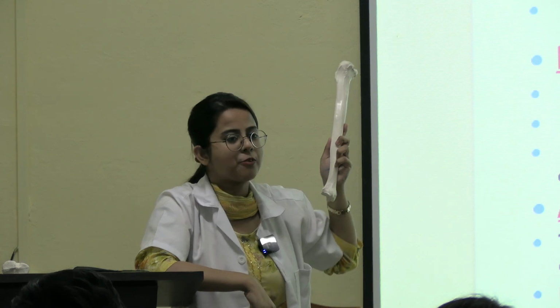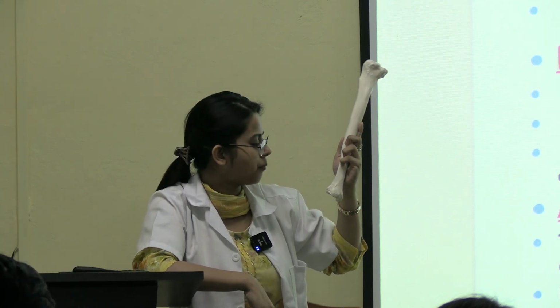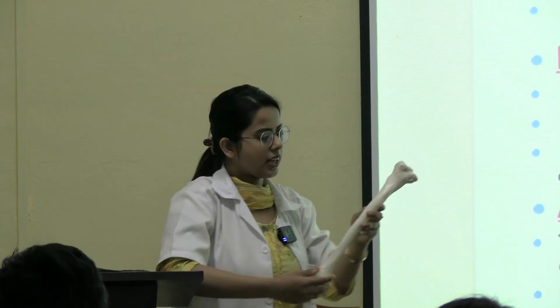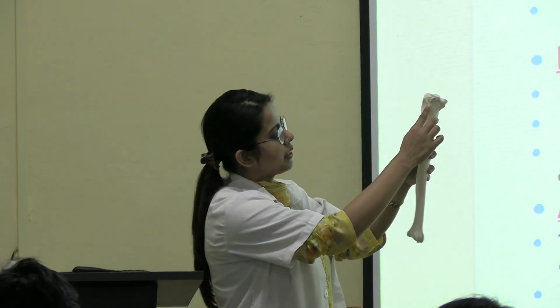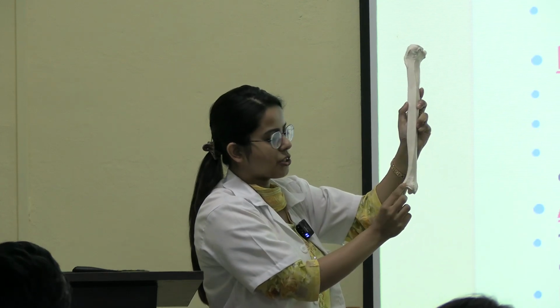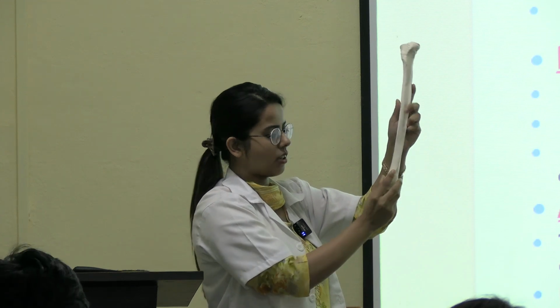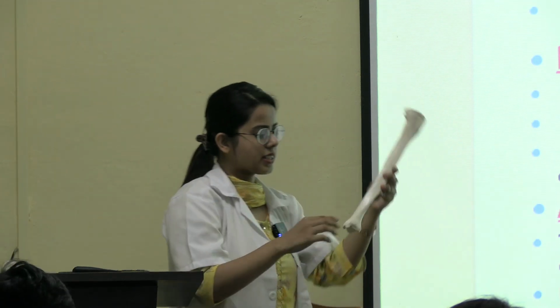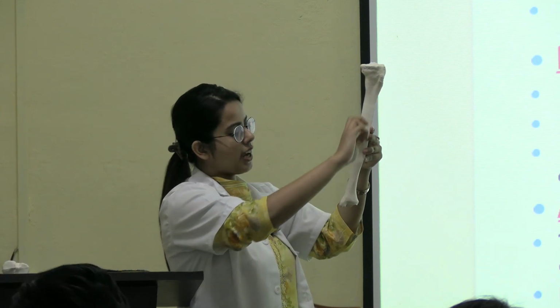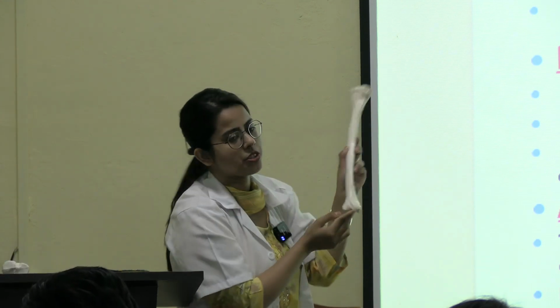It will articulate with the fibula and form the inferior tibiofibular joint. You can see this triangular notch. Clear? So this lateral border will begin from the fibular facet and in the end it will form the anterior margin of this triangular area. Clear? And this is the medial border. It will begin from the medial condyle and it will form the posterior margin of